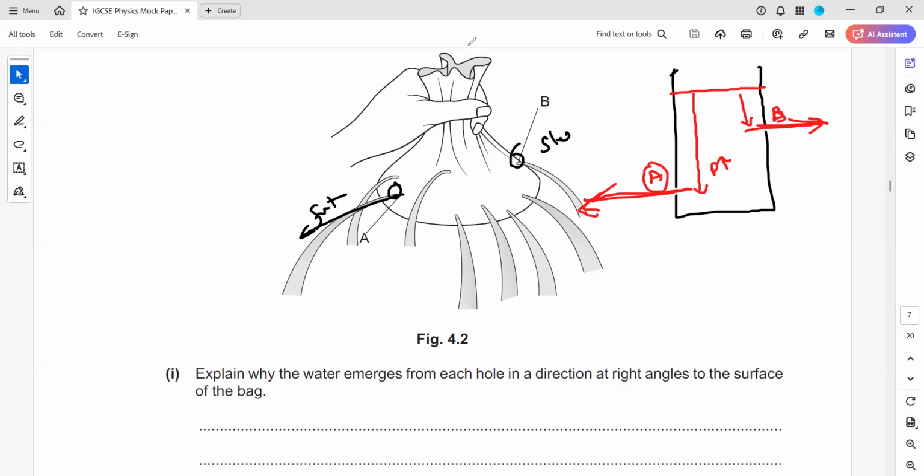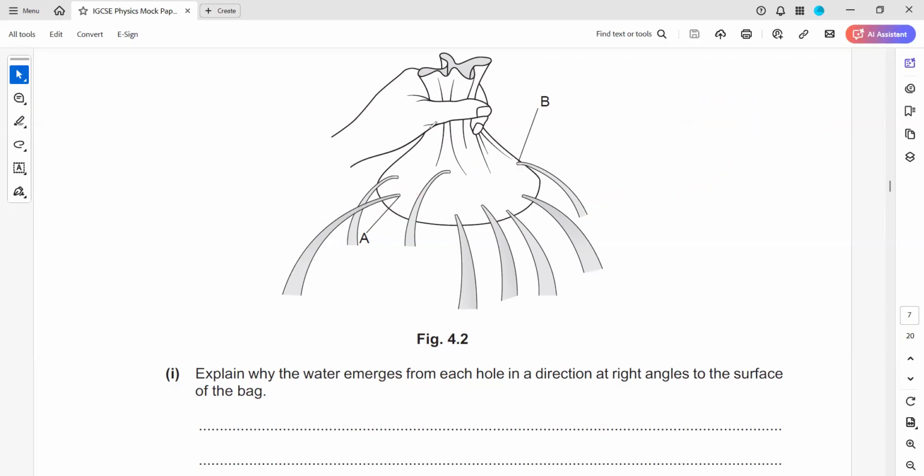Depth is not identical. If you see, this is filled with water, let's say till this is the water level. When you compare depth, you always compare the distance from the water level. So if you compare the depth, you will find that B has a smaller depth than A. Yes, I will repeat. The pressure exerted by the liquid depends on the depth. So if we are holding from here, let's say this is the water level. So if you compare point A, the depth of point A is much deeper as compared to point B. Whenever you compare a liquid level,